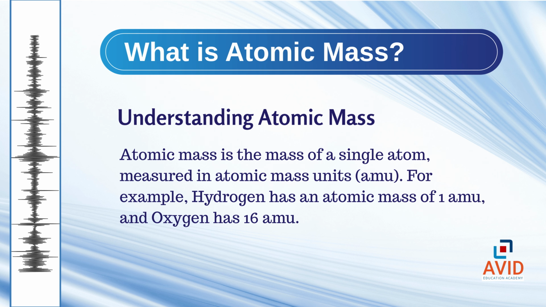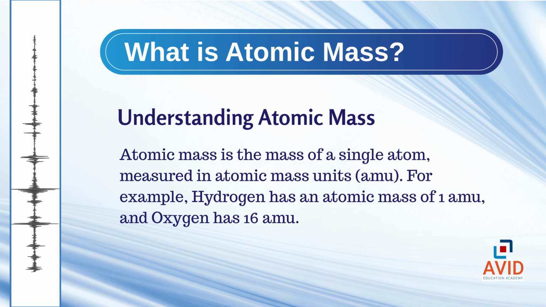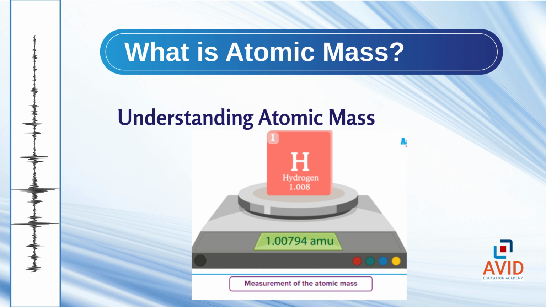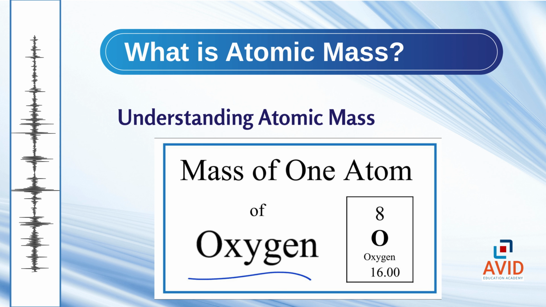Let's begin with atomic mass. The atomic mass of an element is the mass of a single atom of that element. It is usually measured in atomic mass units, AMU. For example, the atomic mass of hydrogen, H, is approximately 1 atomic mass unit, and for oxygen, O, it is